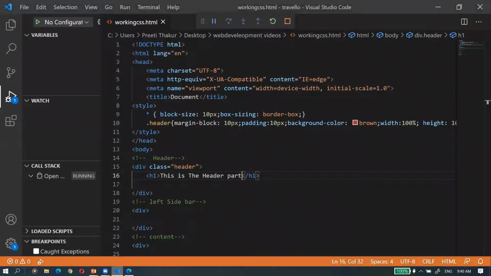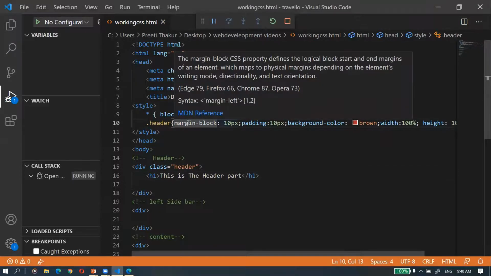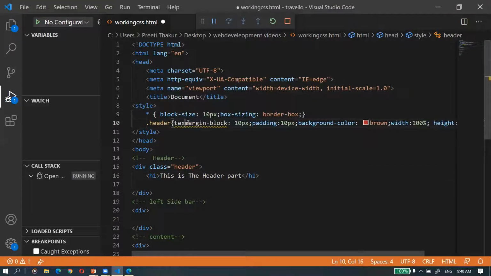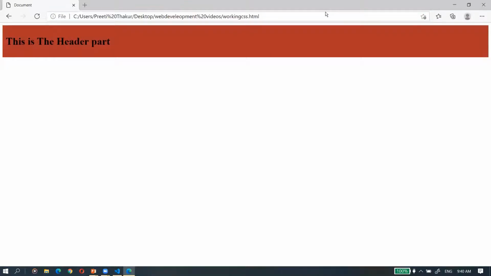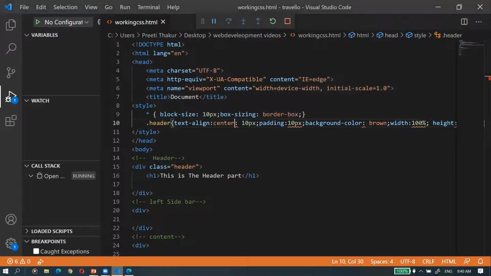So let's do that. One thing we can do, here I can apply text align center. Okay. This is not applied, some problem is there.